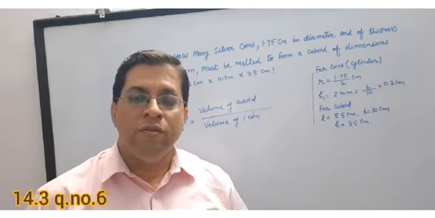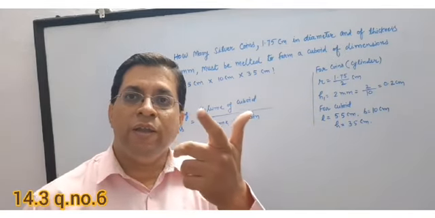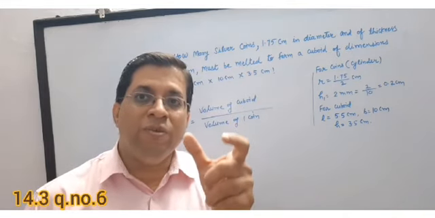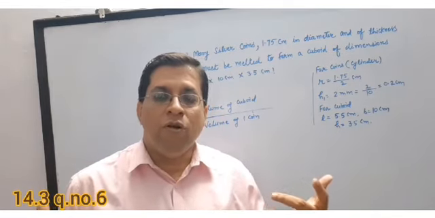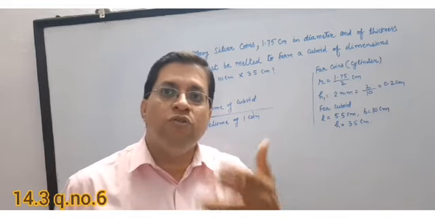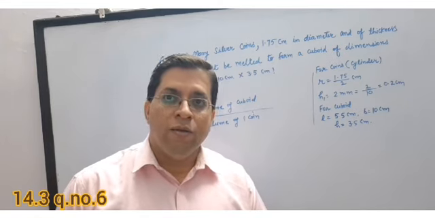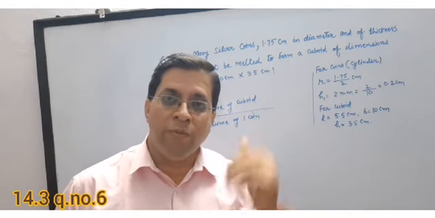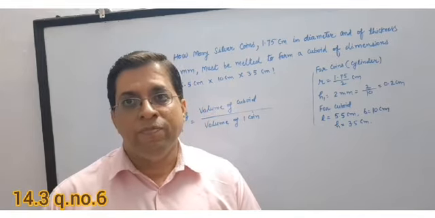One more thing: when we have a block, it is in the shape of a cuboid. L, B and H, all three things are given to you. You have to find the number of coins. How can you get the number of coins when you have a silver biscuit? If I have a silver biscuit, I want to make coins to distribute among you, because you are very good students of mine. This Diwali I want to give one gift from my side because we are going to complete this chapter. So how many coins will I get? This we have to find out.